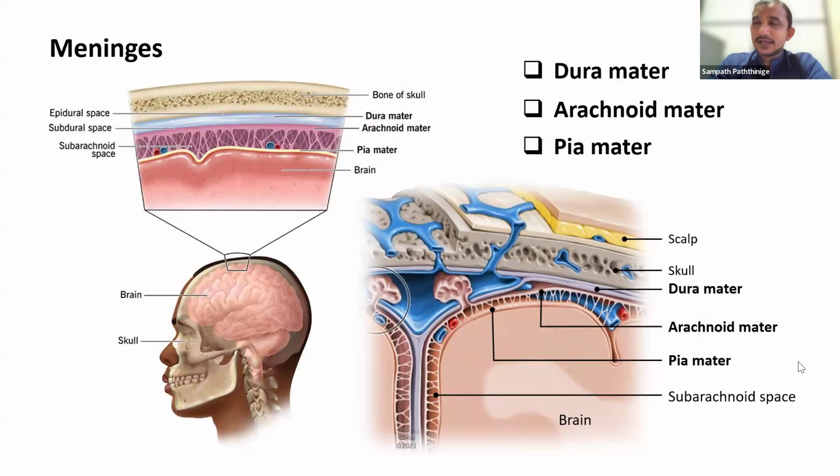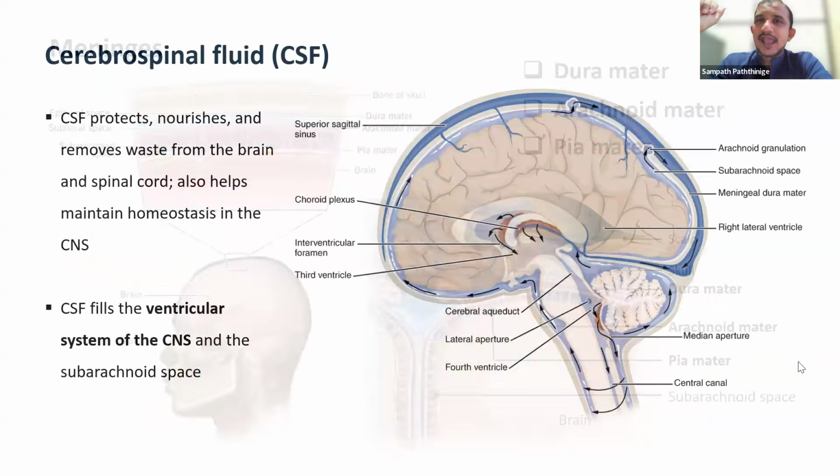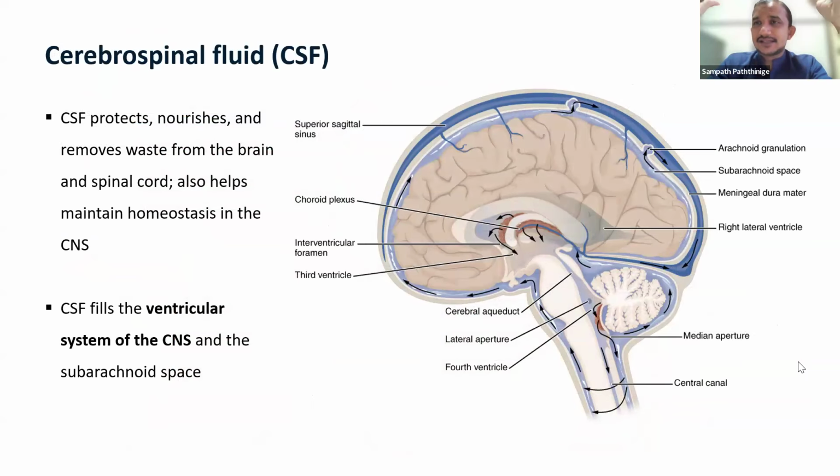Right. I'll just mention with each section, I'll just tell the specific things about this. Right. And then the entire CNS is bathing within the cerebrospinal fluid, the CSF, which is filling the subarachnoid space as well as the ventricular system. So we have a set of cavities in the central nervous system, which is filled with the subarachnoid CSF,